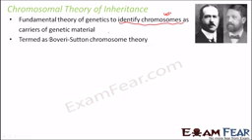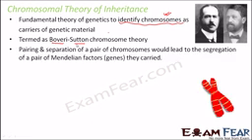It is also known as the Boveri-Sutton chromosome theory after the scientists Boveri and Sutton, who together initiated the proposal for this theory. As per this, chromosomes contain genes. So when chromosomes separate during any cell division, the genes also separate. When the genes separate, that is how they get transmitted to the offspring, because the cell divides to form the offspring. When the cell divides, the chromosome divides, and since the chromosome contains genes, the genes also divide.